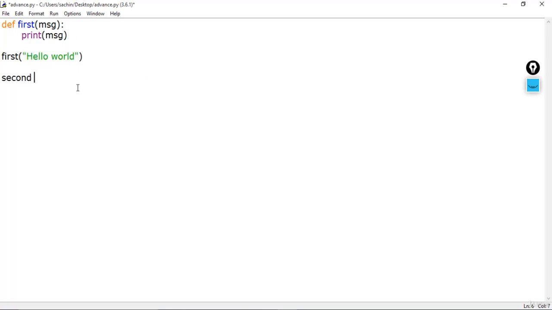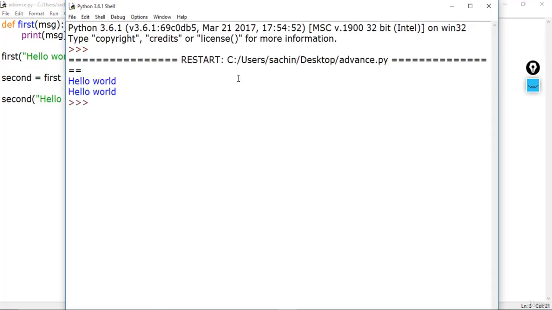So let me assign second to first, that is, first referring to the method over here. Now let me call second also with hello world again, and what do you think would happen? Let me save this and press F5 in order to run. Then you can see when we run this code, both the first and second functions give the same output. Here the name first, which is the first method, and second refer to the same function